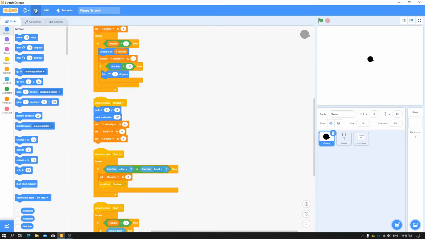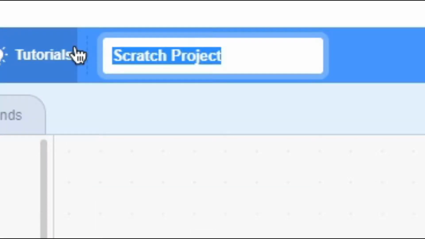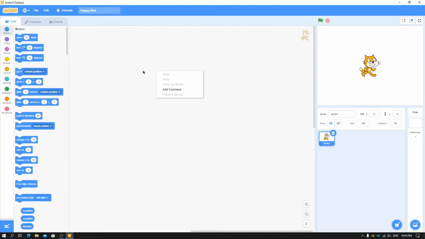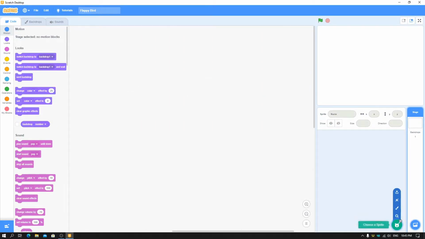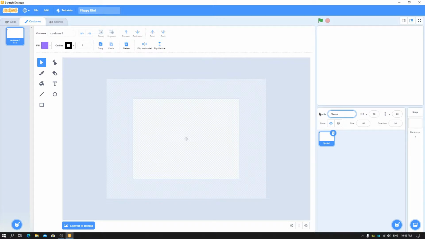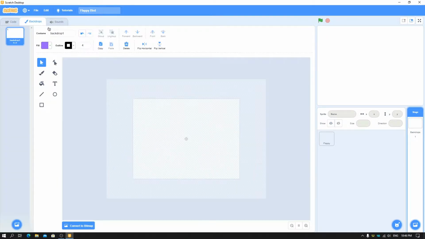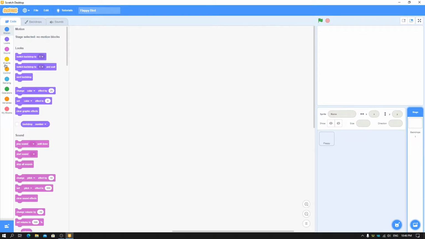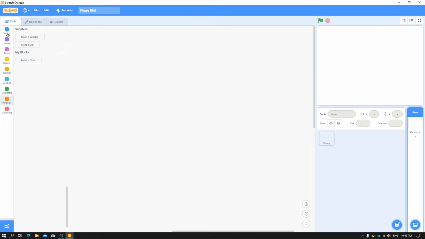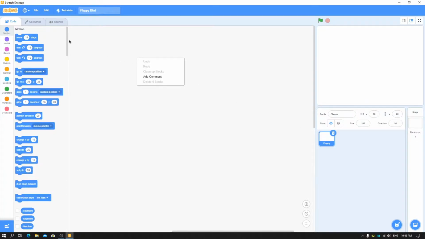So first of all, create a new project and name it Flappy Bird. You can name it anything you want: Flappy Scratch, Flappy thing, etc. Then delete this sprite, make a new sprite called Flappy, and make some customizations: name the costume 1, delete this sound, go to backdrop, set the backdrop name to 1, delete this sound, then delete this variable, and here we are all set. A clear project. Just set x and y to 0.